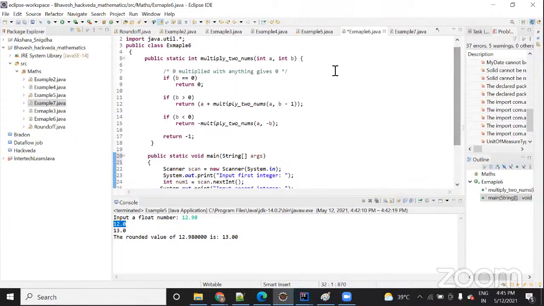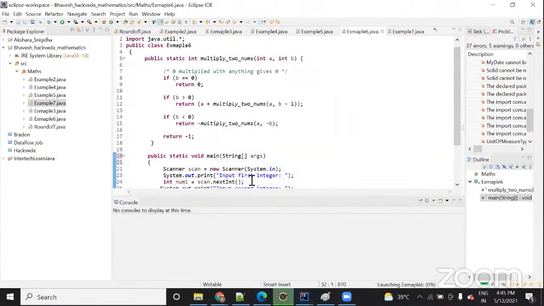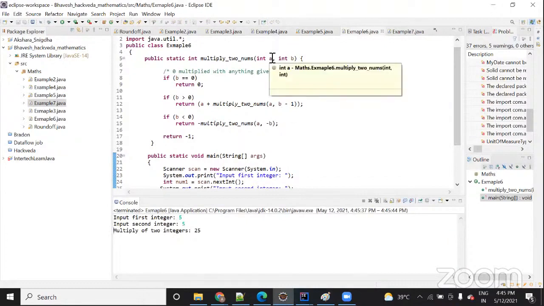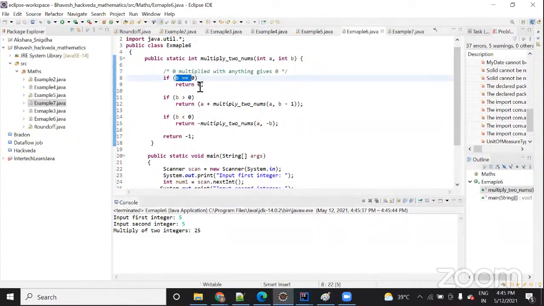Now how will the logic work here? Suppose you have accepted two inputs, 5 and 5. Let me run this. You have accepted 5, b is also 5. Now is your b equal to 0? No. Correct.